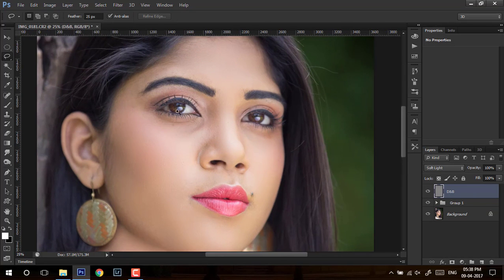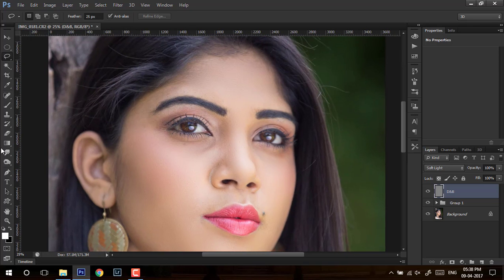So we'll do the dodging and burning for the skin. What area we need to highlight and what I need to add as shadow, we'll do that. So this is your dodge and burn tool. This is for dodging and this is for burning. What the dodge tool basically does is it increases the white for that particular layer. So it gives the highlight. So whatever areas you need to add highlight to, you can hand draw on it. So let me just resize the brush.